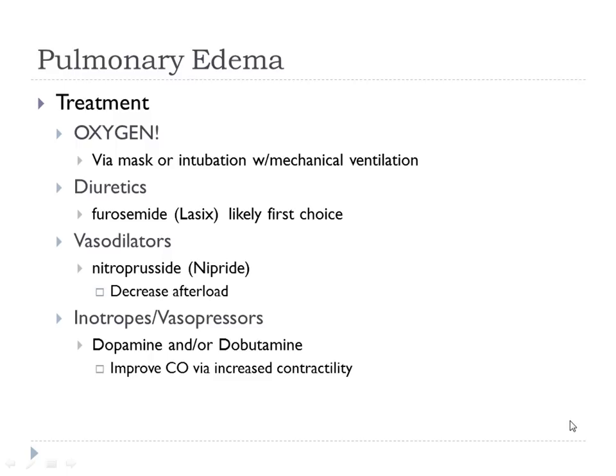Okay. To decrease afterload, we can give a potent vasodilator called nipride. This medication is extremely potent, and very small changes can cause big changes in our patients. So you have to very, very closely monitor their blood pressure while they're on nipride, because it is a potent vasodilator. But we give it to decrease afterload, to decrease the amount of work the left ventricle has to do.